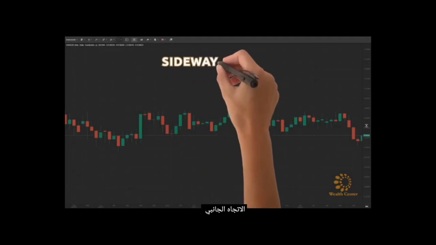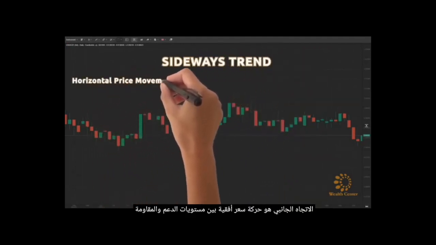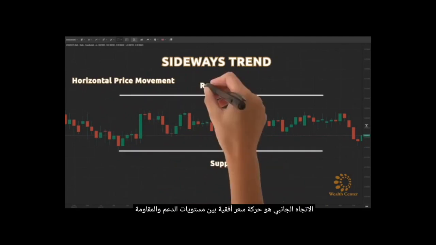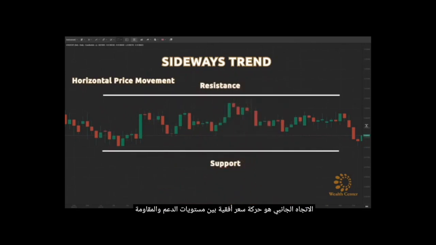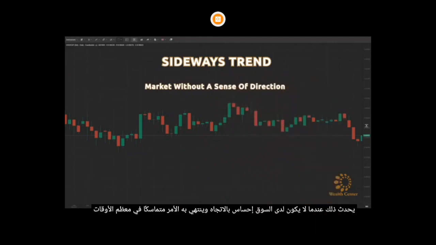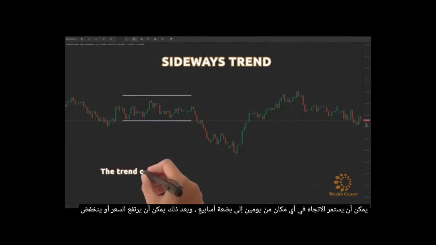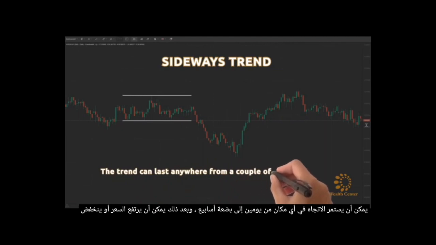Sideways trend. A sideways trend is a horizontal price movement between levels of support and resistance. It occurs when the market does not have a sense of direction and ends up consolidating most of the time. A sideways trend is seen as horizontal lines occurring between drops and falls in currency price. The trend can last anywhere from a couple of days to a few weeks, after which the price can rise